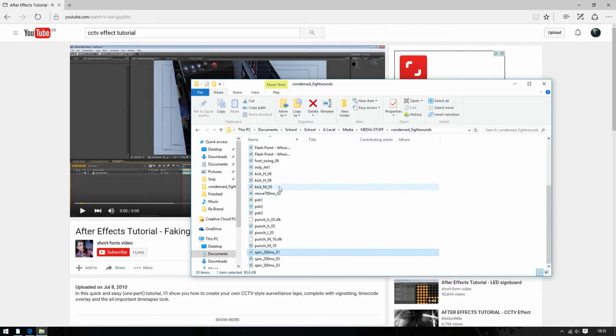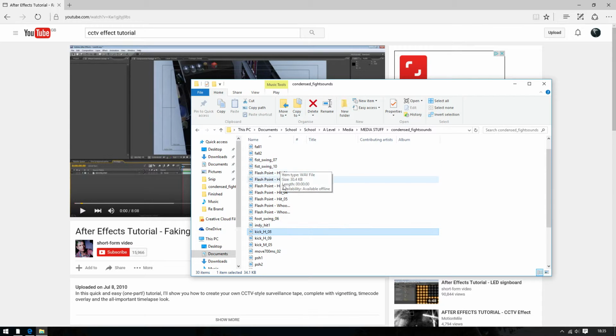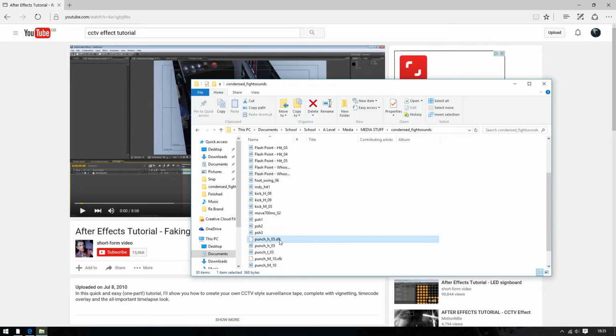There's all sorts of other sound effects. You've got kick. This is a cartoon kick. If you listen, that's a cartoon kick. And then we have other fist swings, which are still cartoon. And then you get to more naturalistic stuff that I'd use in my opening sequence, which is the punch. There, that sounds very realistic. That does help increase the realism of your opening sequence and add to the story of your short film, whatever